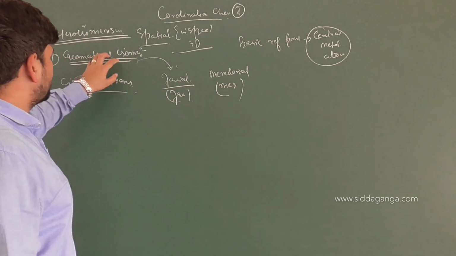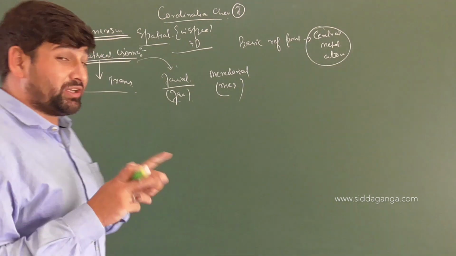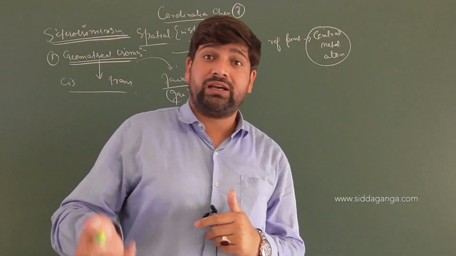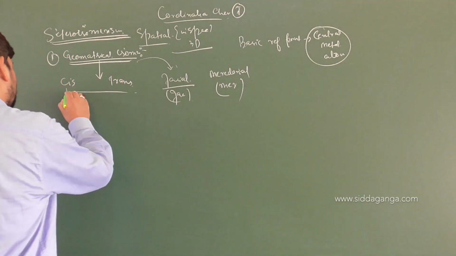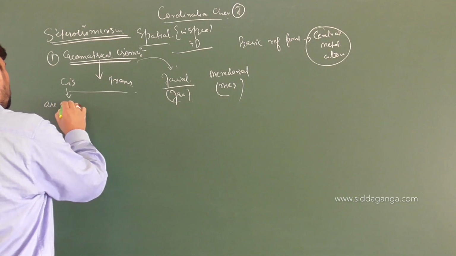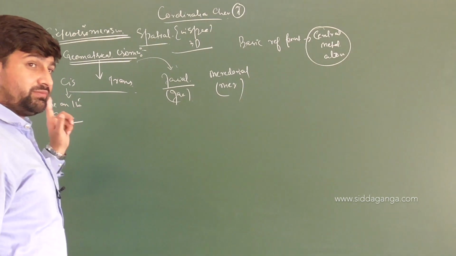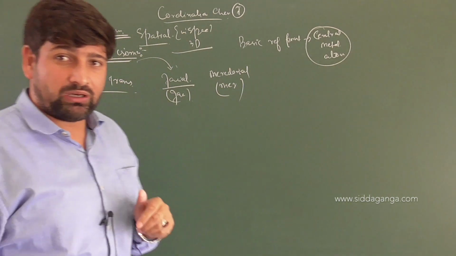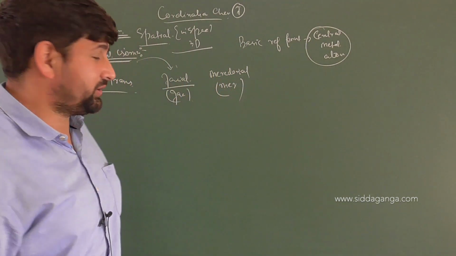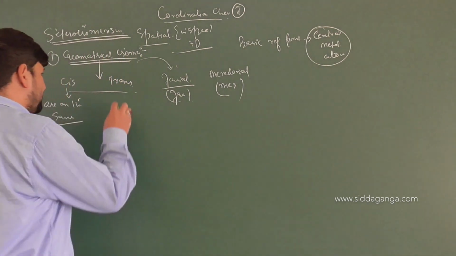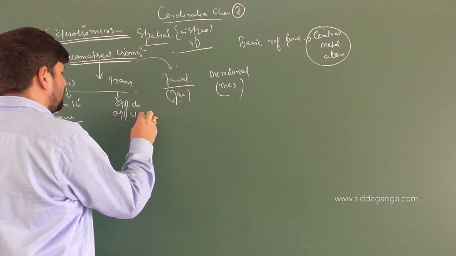So first of all, when we talk about geometrical isomerism, we need a reference point with respect to which we can define how the given atoms are arranged. If the given atoms are the same, we know cis and trans very easily. If the given atoms or ligands are on the same side, it is called cis, and one method to detect the cis and trans conformations is dipole moment calculation, because usually cis will have more dipole moment compared to trans. Cis and trans, that's in opposite directions, that is opposite sides of the reference.